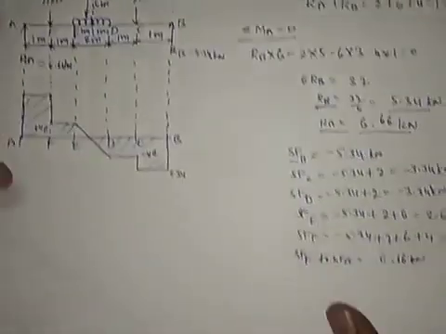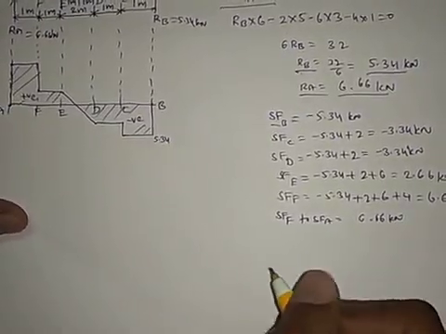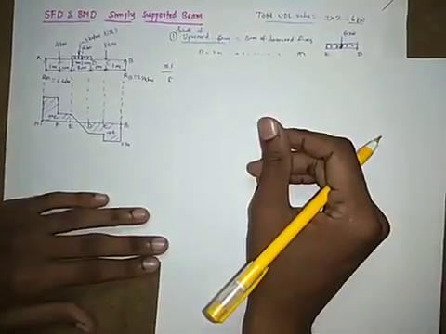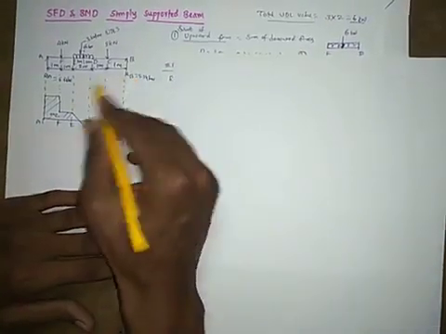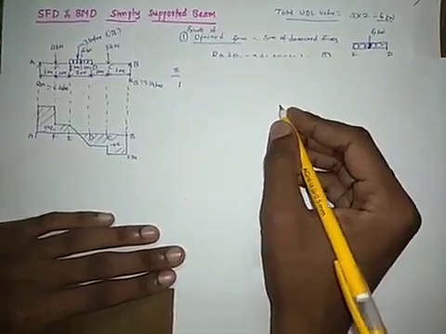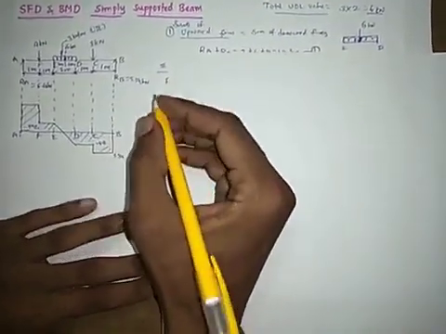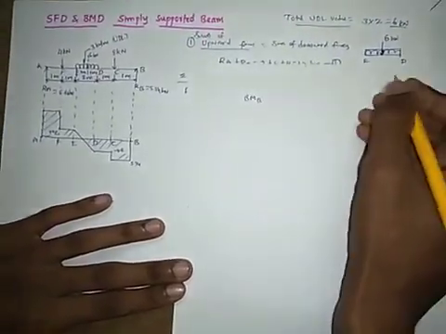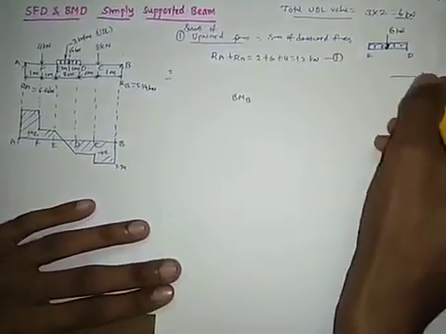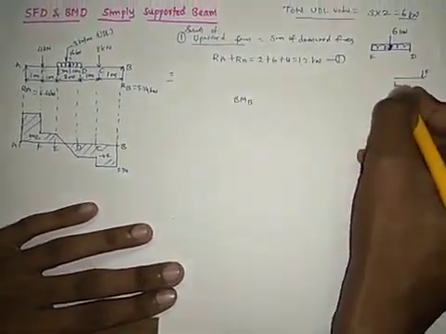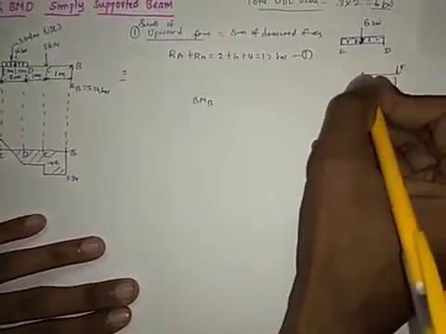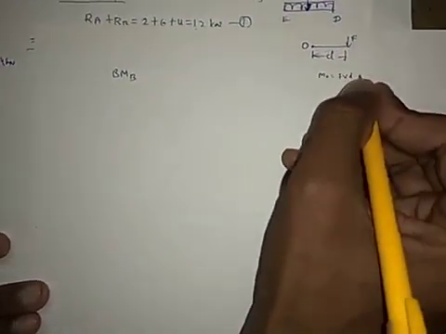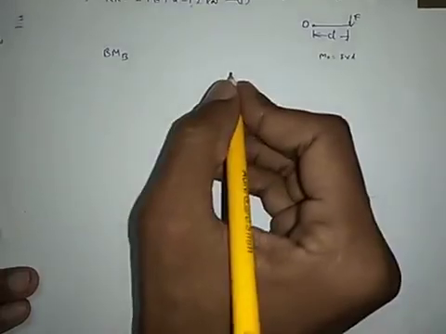And to draw the bending moment diagram, first of all calculate bending moments at all the points. Now let us calculate bending moments at all these key points. So let us write the bending moment at B. I told you bending moment is the value of force into the perpendicular distance between the line of action of the force and where we require the moment. Suppose at O, it is F into D. That is a moment, and that will create bending, so that is called bending moment.